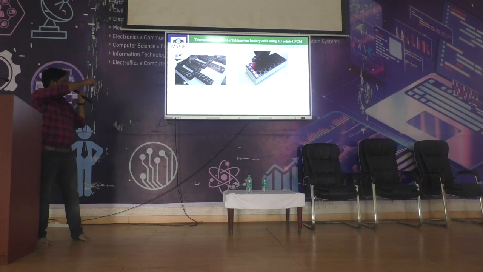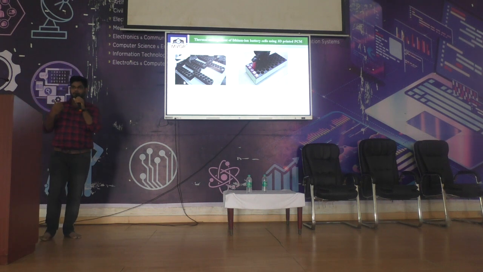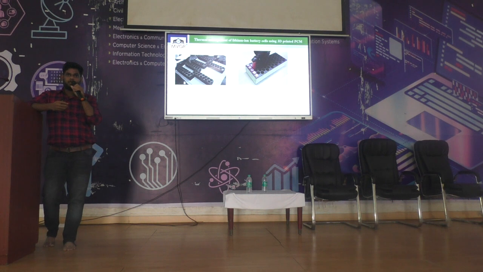In these molds we can put the batteries. Even if your charging rate is high and your discharging rate is high, it is rejecting the heat. Your phase change material quickly absorbs the heat and stores it. Whenever the batteries are not working, not in operation, at that time it releases the heat to the surrounding. Likewise, we can shift the thermal energy. Whenever the heat is coming, it is absorbing, and whenever the operation is not happening, it is released to the surrounding.